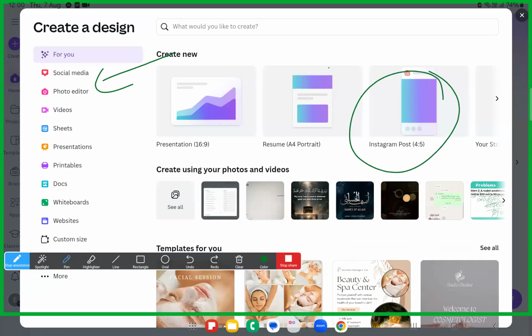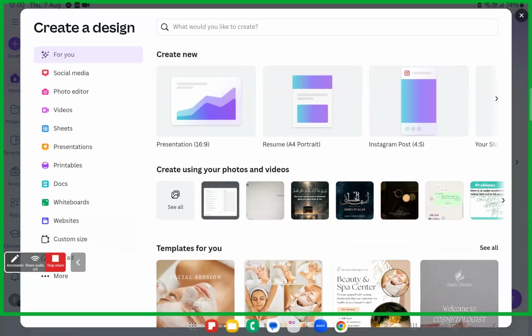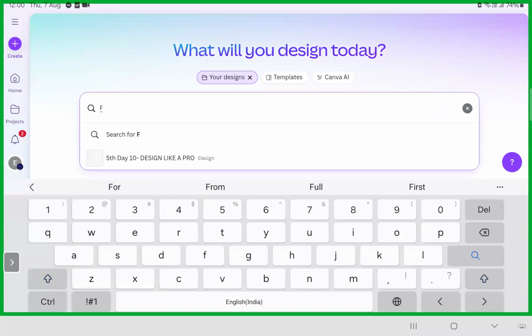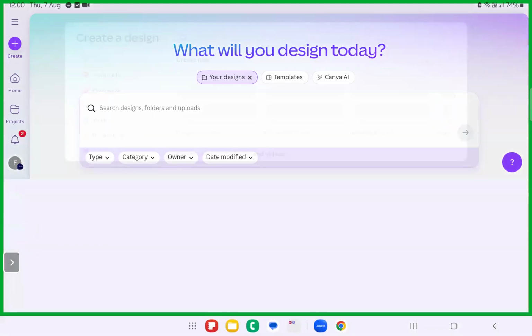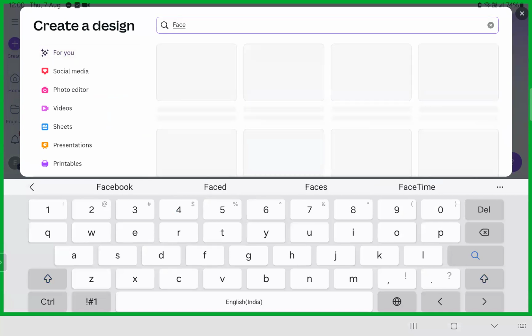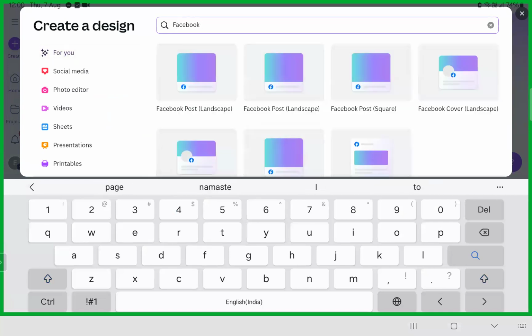You can select Instagram post. These are all not required. We'll do it well, topic based. You can select just the Instagram post, or you can select Facebook post or whatever. Fine. If you want to search and select, for example, Facebook post aspect ratio, then you can select over here. Or you can click on create, and then you can write here Facebook post. Any ratio that you want. Facebook post, landscape, Facebook post